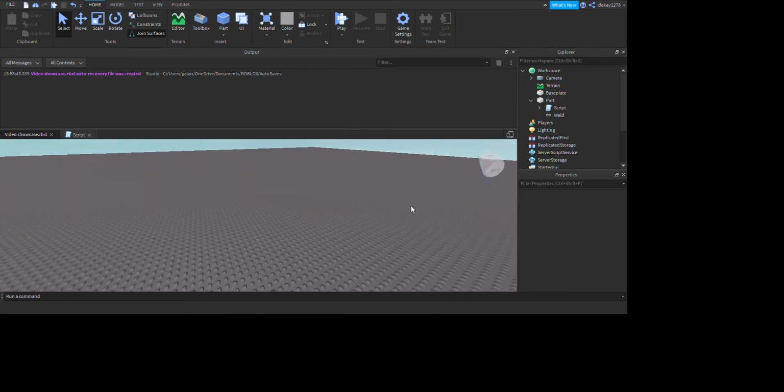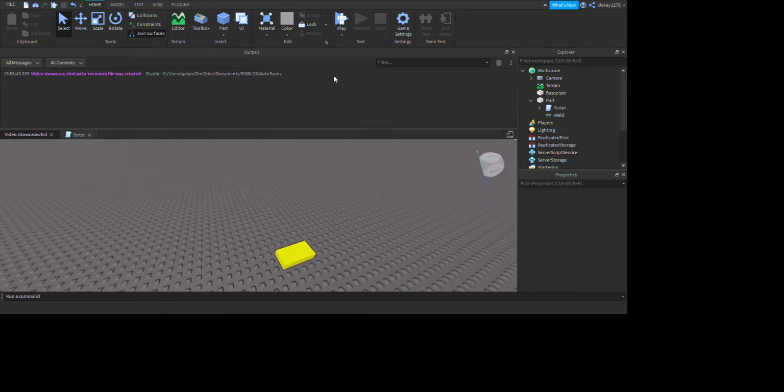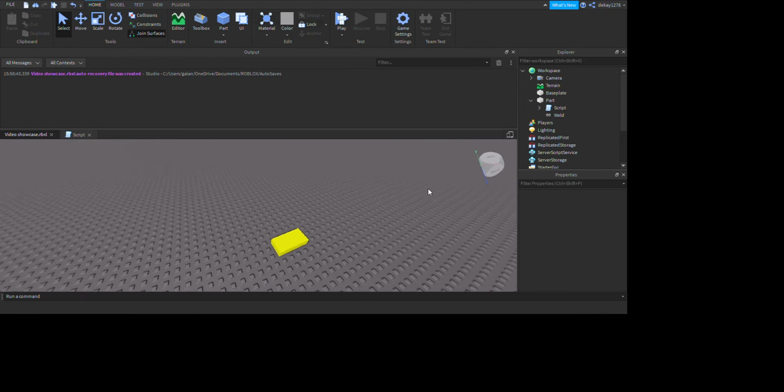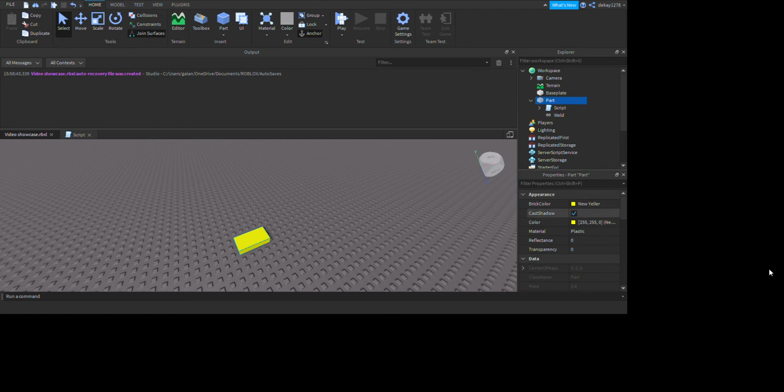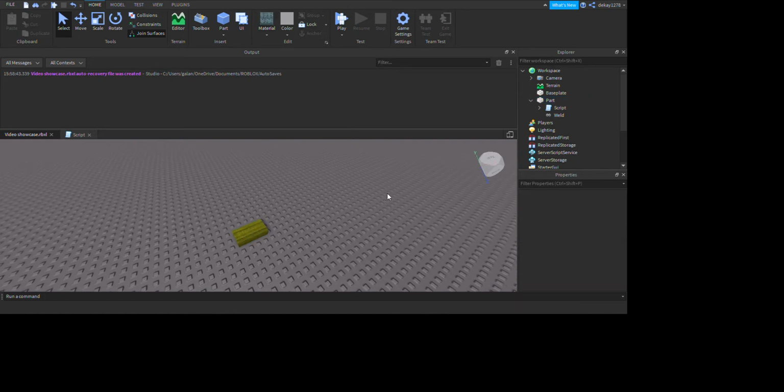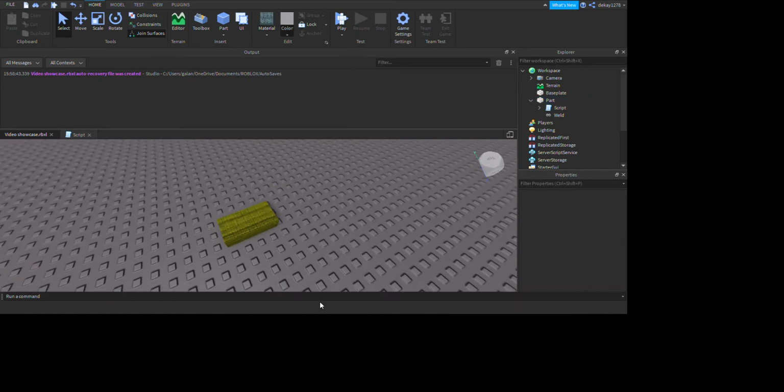There's also a material and a color button as well. So instead of having to go into the properties and then changing it like this, like changing material by clicking it here, or the color, you can click these buttons. So first you just select your part and then you can change the material. So I'll just change it to fabric, and then I'll select it, and I'll also change the color to really